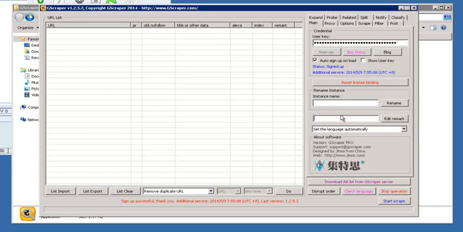I usually just leave these blank just because I'm not really saving it for a specific task, but you're welcome to name what your scrape is going to be. And then of course your edit remark can be some notes that you want to keep for the project. Language I don't ever really worry about. We're just going to move on over to the proxy tab,